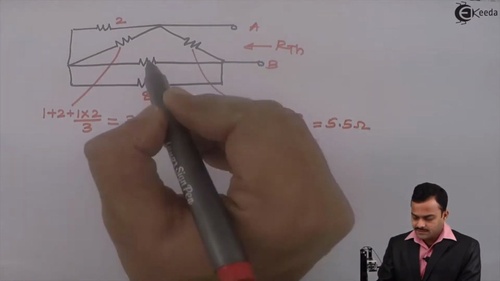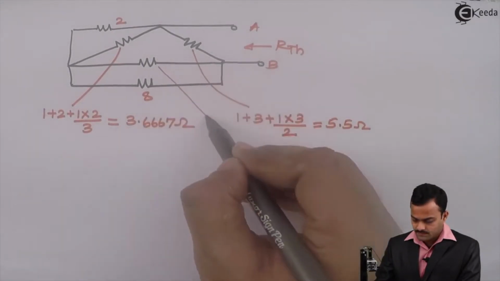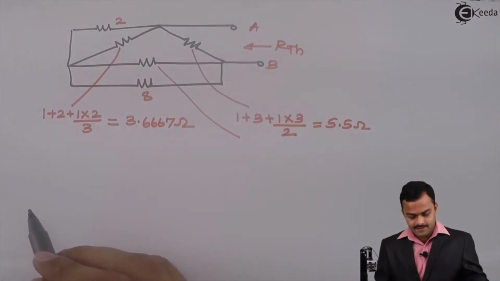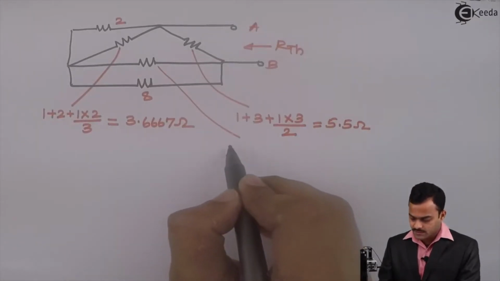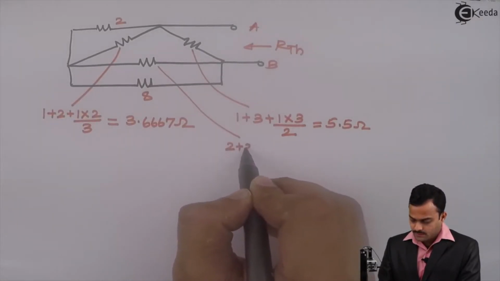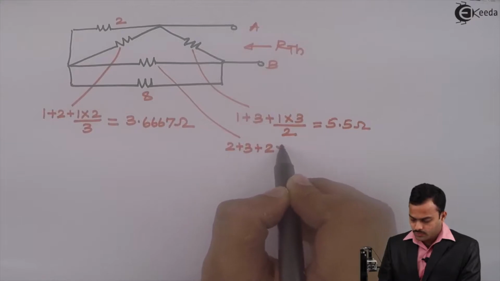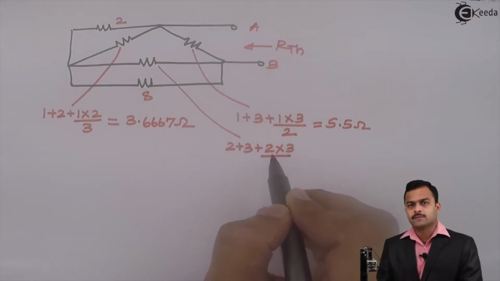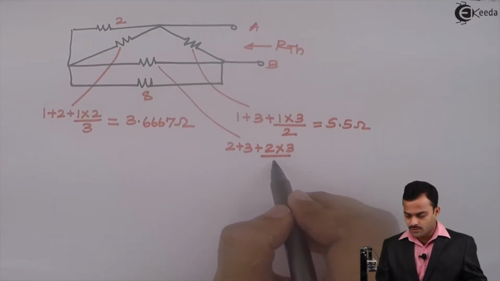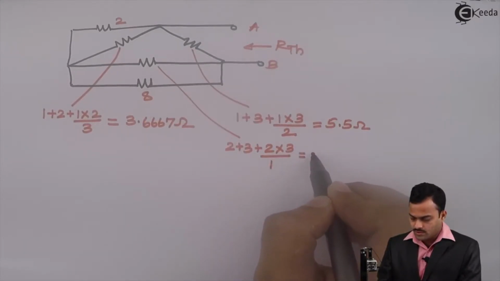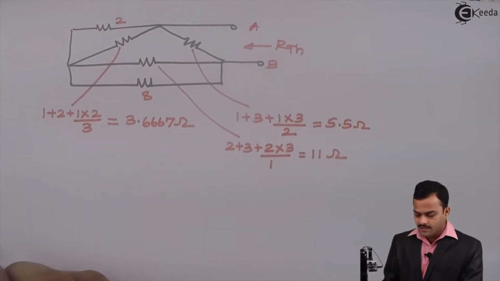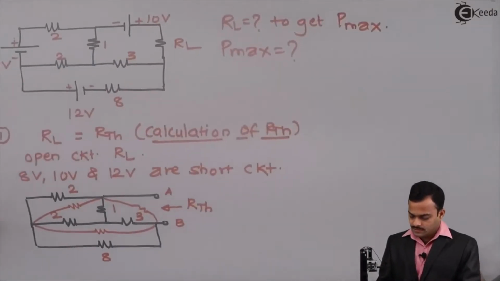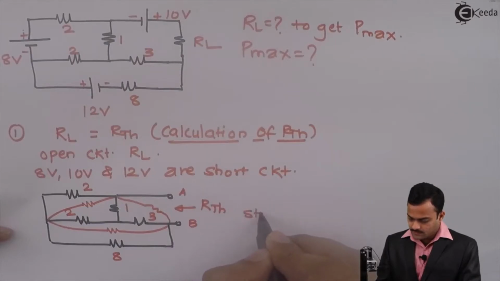And now the third resistance, which is this, I can say it is between 2 and 3. So the expression is 2 plus 3 plus 2 into 3 divided by the third resistance, which is 1 ohm. If I solve, I will get the answer 11 ohm. So once I have converted star into delta,